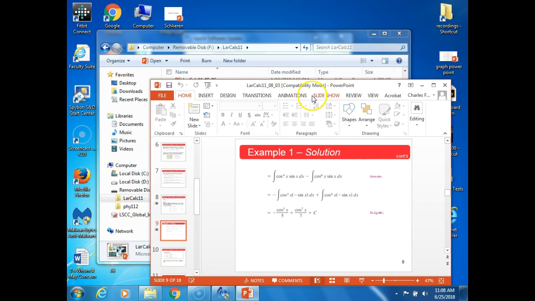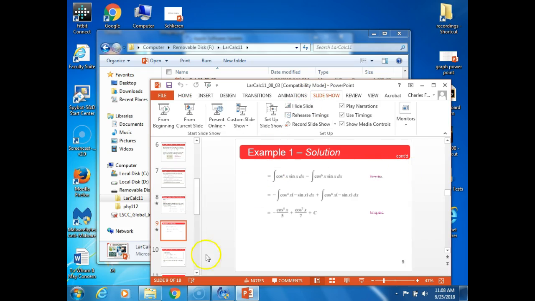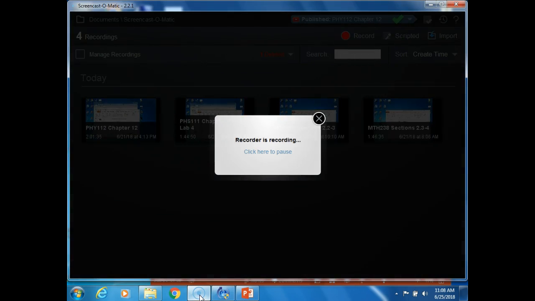So let's get this set up from the current slide and get Screencast-O-Matic started again. Oh no,